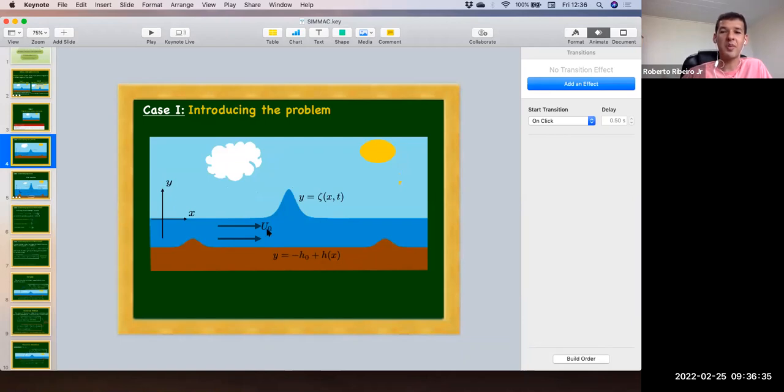I don't know if I answered your question. Basically, I'm saying that I can drop this hypothesis of current, but if I drop it, I have to assume that the topography travels with the same speed as this current. So we change the hypothesis of having a current for having a traveling topography.